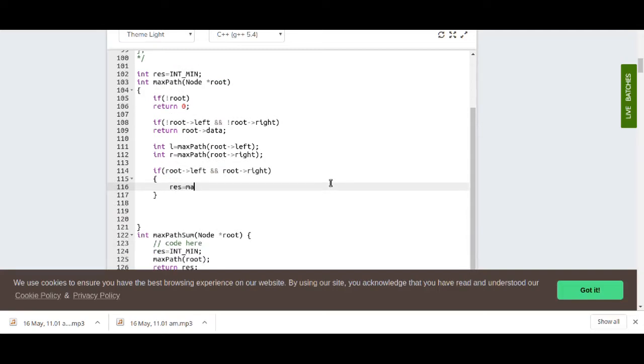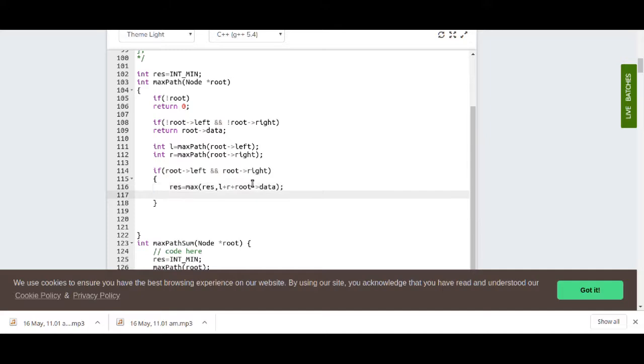So let me update this here. If these two children exist, then result would be the maximum of result and left plus right plus root data. And if these two children exist, then our return value would be what?